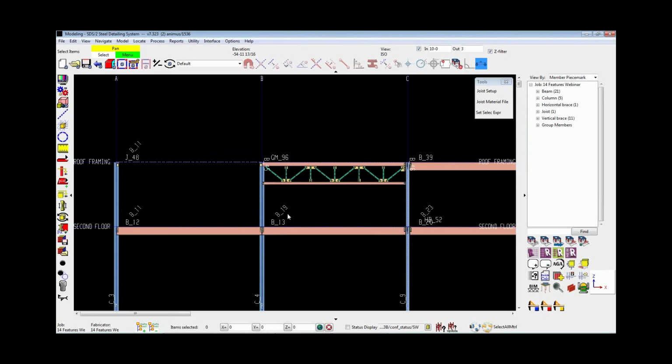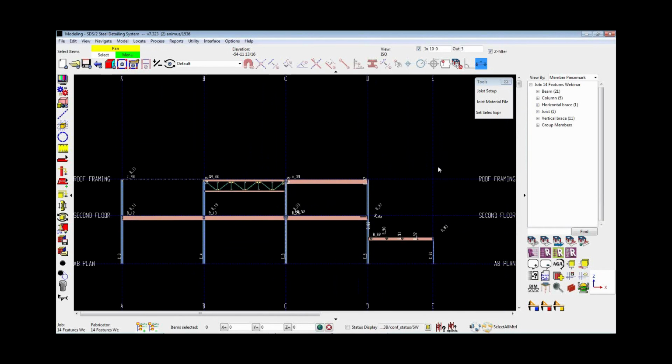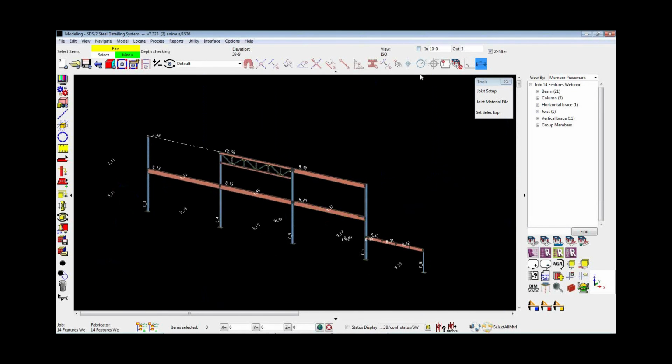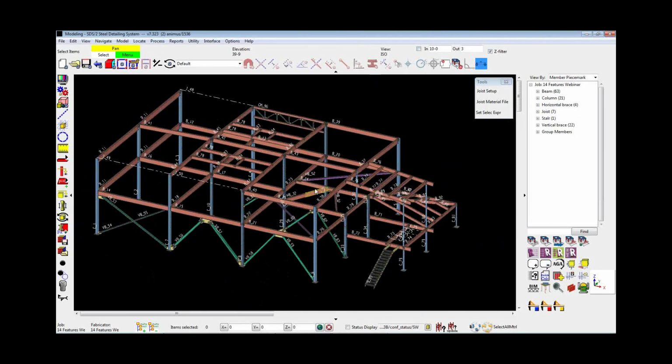The next thing that I want to cover is material add existing. We get lots of phone calls in support, lots of questions all the time of, I have these certain plates in the model. How do I add them over here real quickly and real easily? Well, there's a tool for that. So under my material add, I have an option for material add existing. Now this does not mean that you're adding material that already exists in the field or is already built in this building or previously. What this means is